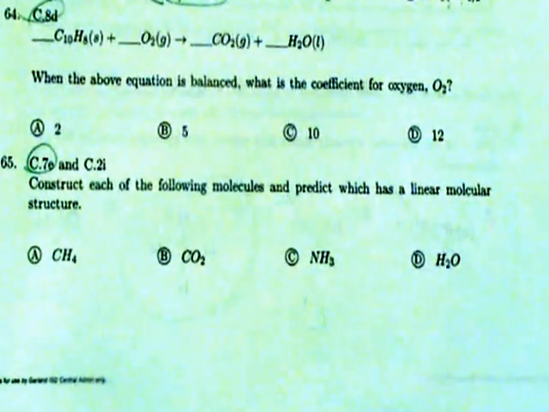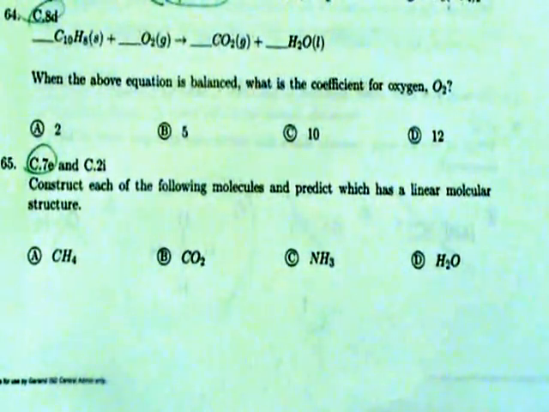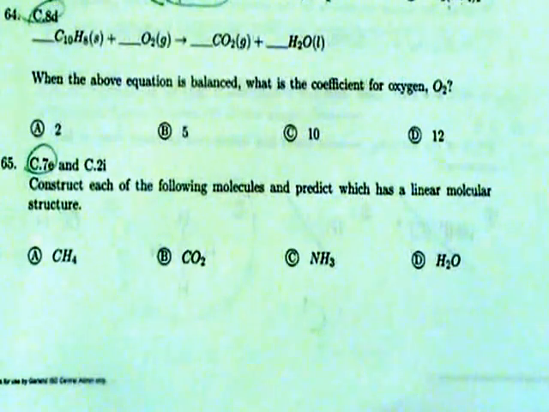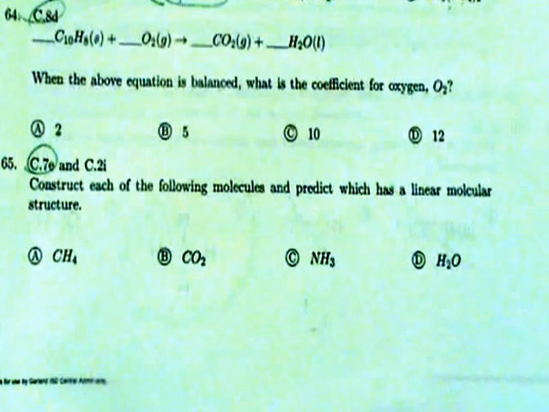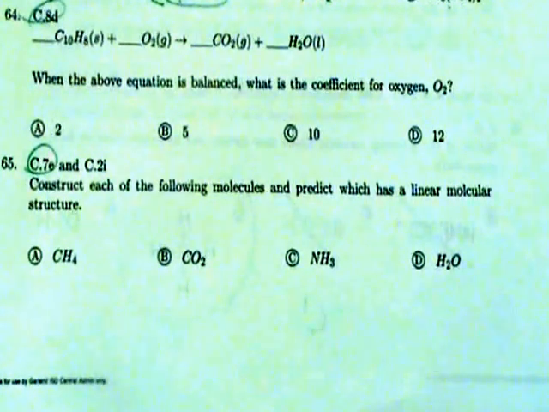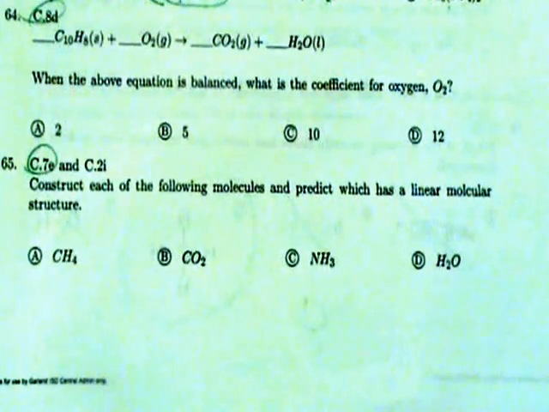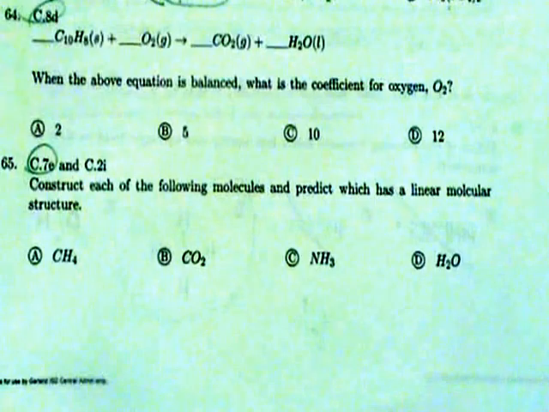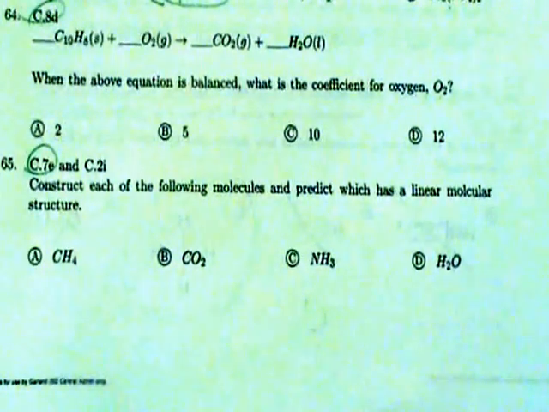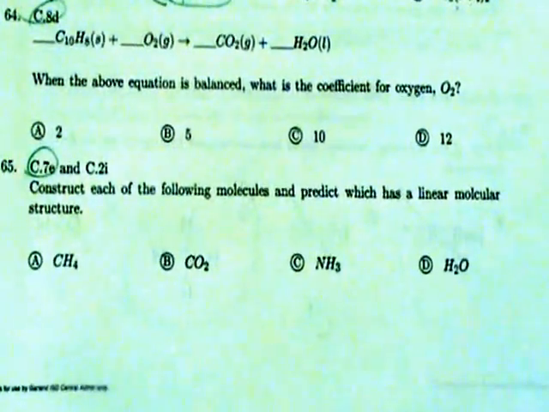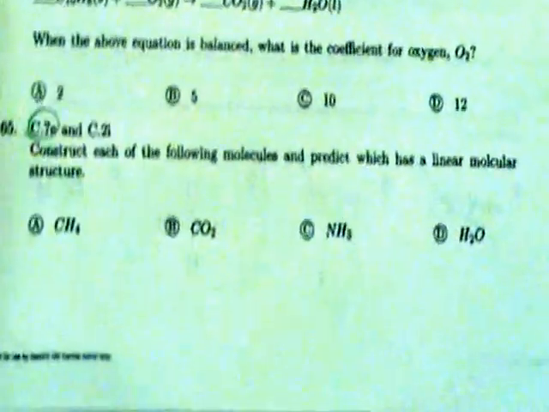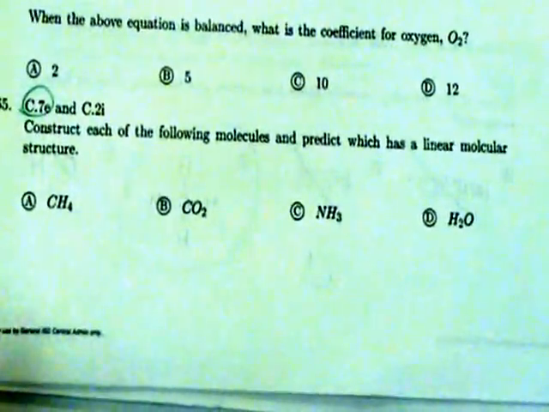Okay, what we're going to talk about now is molecular shapes. In this case, it says construct each of the following molecules and predict which has a linear molecular structure. Remember, linear means that it's got basically equal pulling, right? And by linear, it means that all of the atoms are in a line. So if I'm looking at this problem here,